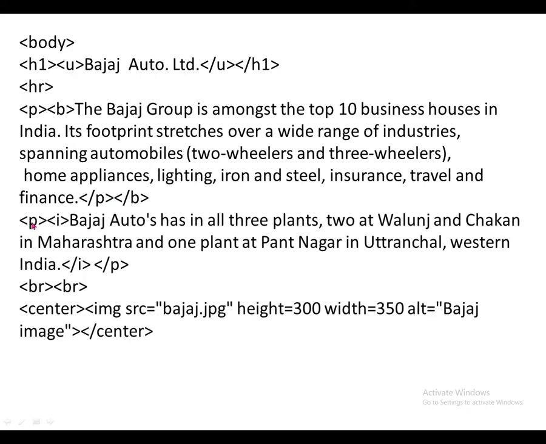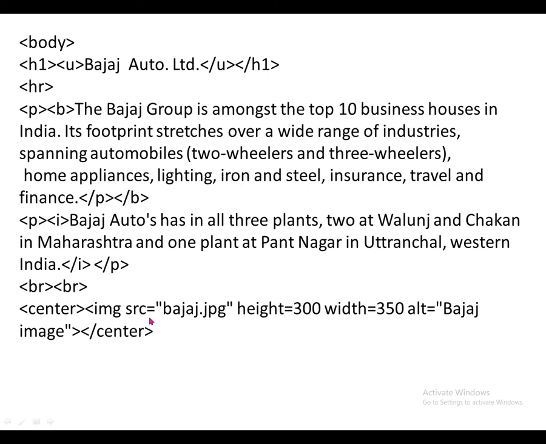Okay. Now next information. Here again I'm using the P tag, and I'm using the I tag because I have to use some physical style tags. Bold I used here, and the P tag I am using here. So under the I tag, again some information related to Bajaj Auto, like all three plants and all that information, I'm adding. Then again closing I, closing P. Here I am adding two BR tags to break the line. So what will happen? First of all, it will display the heading, then one paragraph, then again one paragraph. Then I am adding some space here.